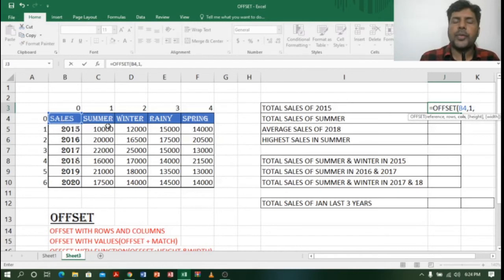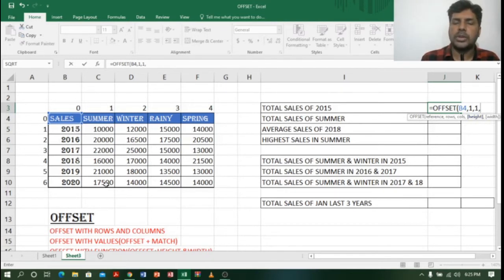Now I want to find from 1 to 4. How can I do it? First I have to go to the 10,000, right? So for that I will type 1. Now my cursor is on the 10,000. Now I have to select from 10,000 across to the fourth column. How can I do it? I have to use height and width.